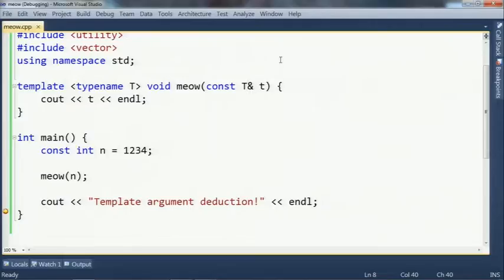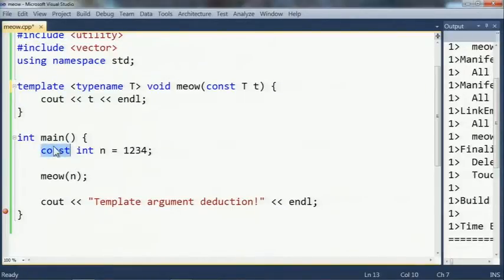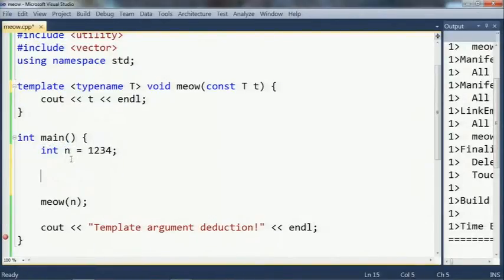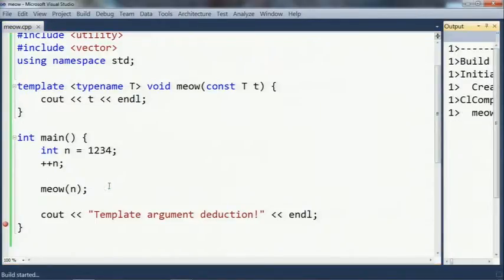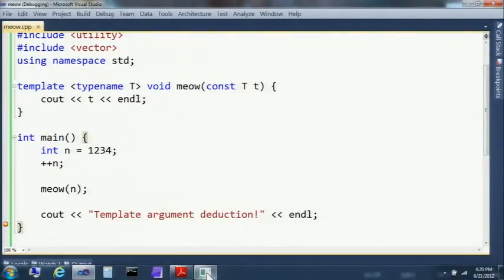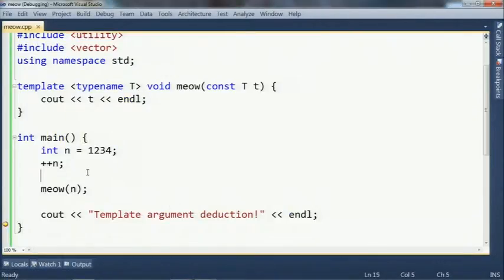I could also say with a value const T and then print it out, and I will actually swap this. If I've got a modifiable int here, I can increment it just to prove that it's modifiable and get rid of some of this white space. And compile and run. Everything's good. And I get 1, 2, 3, 5. In this case, I've reversed what's happening. So if I've got a modifiable int as my function argument, and the function parameter, the destination, is a const value, then when attempting to match up the types,